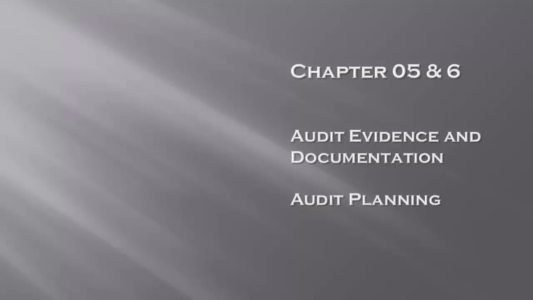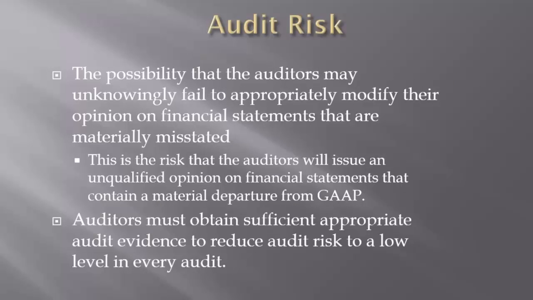We do have a lot of material that I want to cover, and one of the first things that we need to understand is that everything is relying on what we call audit risk. Let's talk about this from the perspective of what this really means to the auditor. When we talk about risk in general, we mean what could go wrong, the possibility of something going wrong. It doesn't mean that it actually has gone wrong, it just means that it could possibly go wrong.